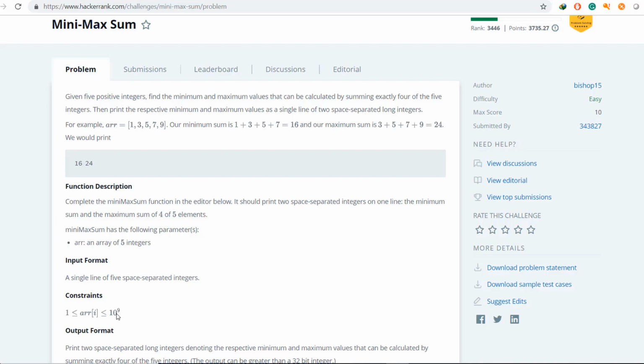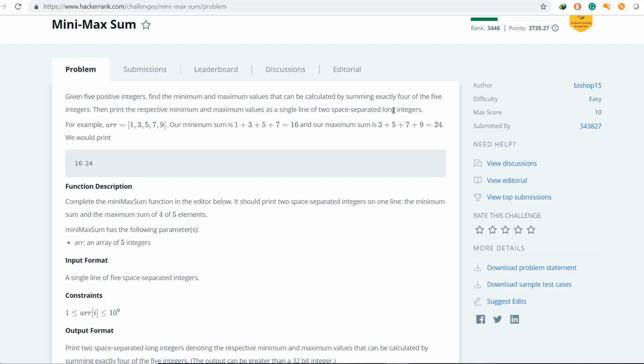It will exceed the integer range. That's why we have already mentioned that we have to use the long integer. So if you are working in a different language, you have to use the data type based on that. Like here, I am working with Java, so I will use long over here.